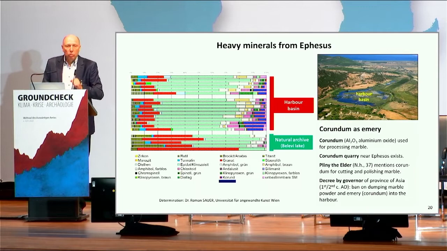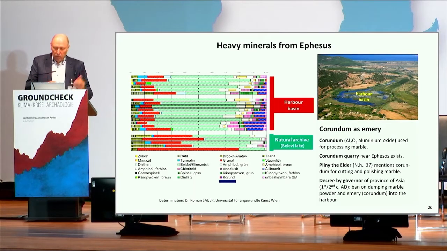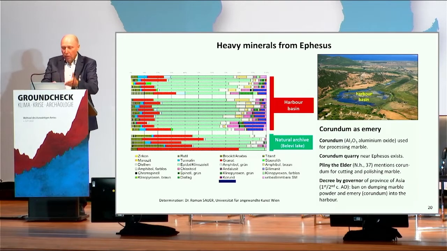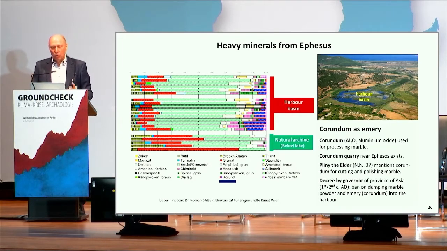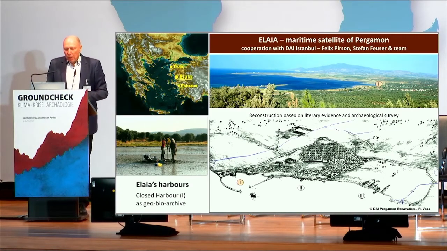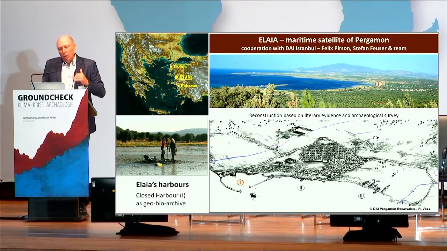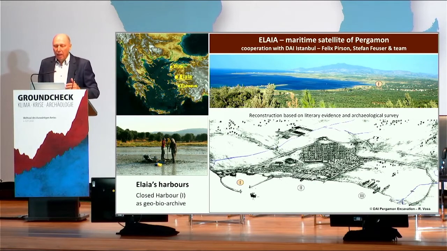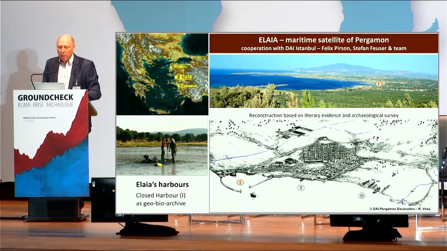And there is the decree of the consul who says you should not put this powder and the stuff into the harbor basin. And we found it. Here is the pollution of the harbor, so to speak, with the heavy minerals. In this case, corundum. I go to my last example. I come north of Ephesus. We have Elaia. This is the maritime city, the maritime harbor of Pergamon,